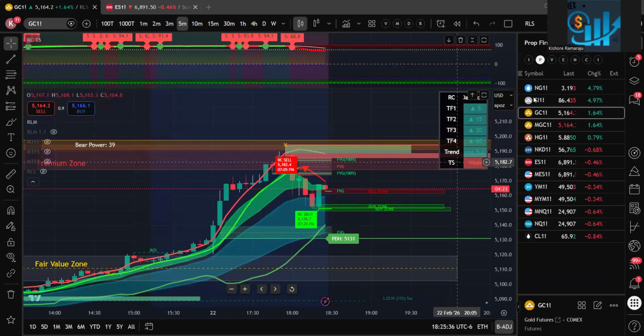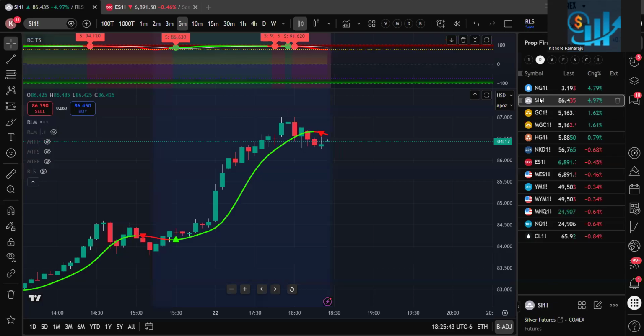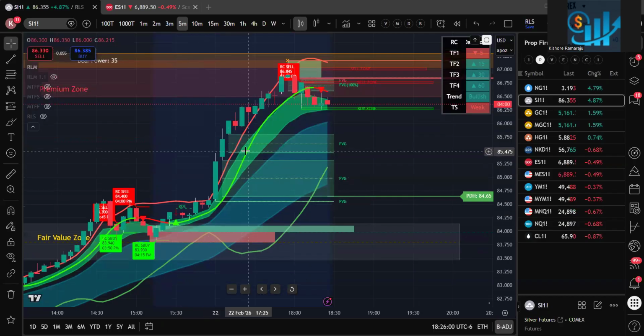So for example, if you go to silver, if you are a day trader or more of a scalper, you want more opportunities, then RLM is a good indicator. Same thing, for example, if you see here, silver also,